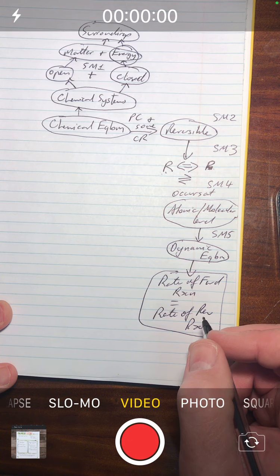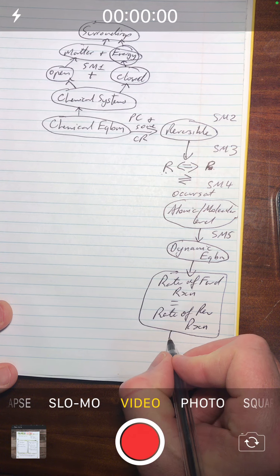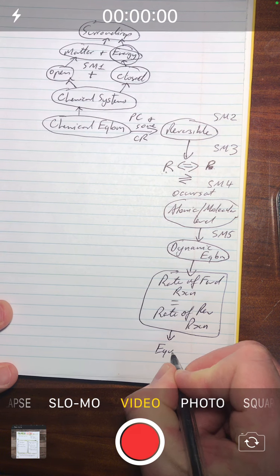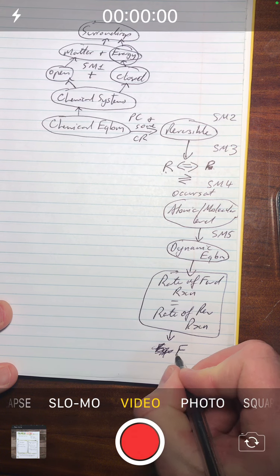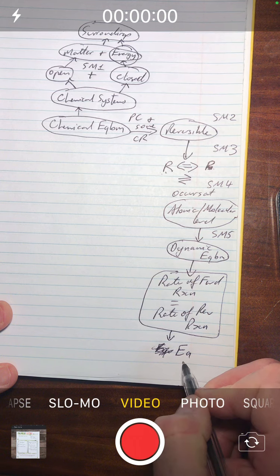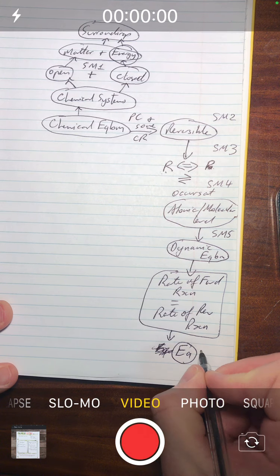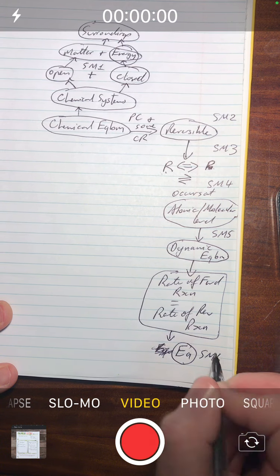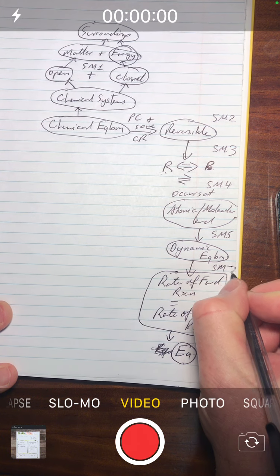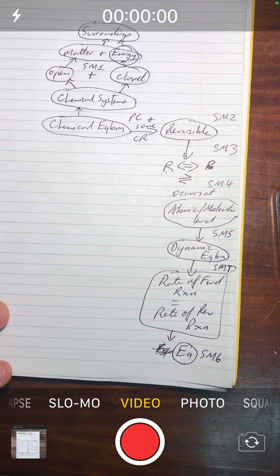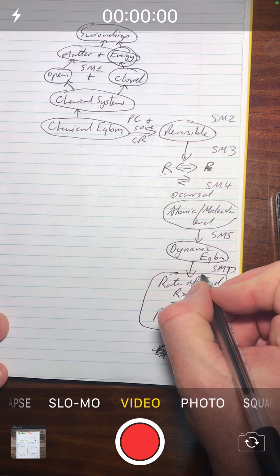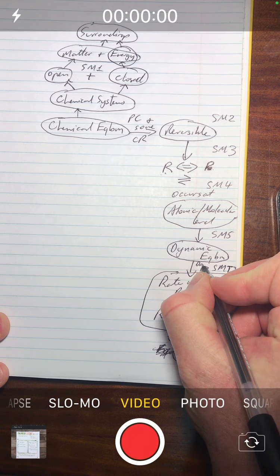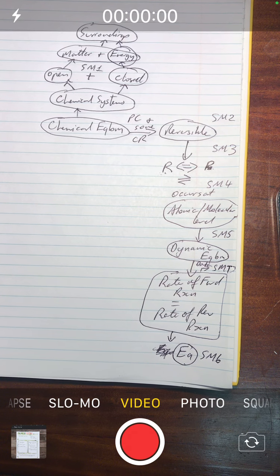Okay, and from that we can then write, all of that is dependent on, that rate is dependent on the activation energy of the reaction. That's subject matter 6, and here the rates we've got subject matter 7. From that we've got the data. Okay, so I'm just going to stop this video here and I'm going to continue the concept map in